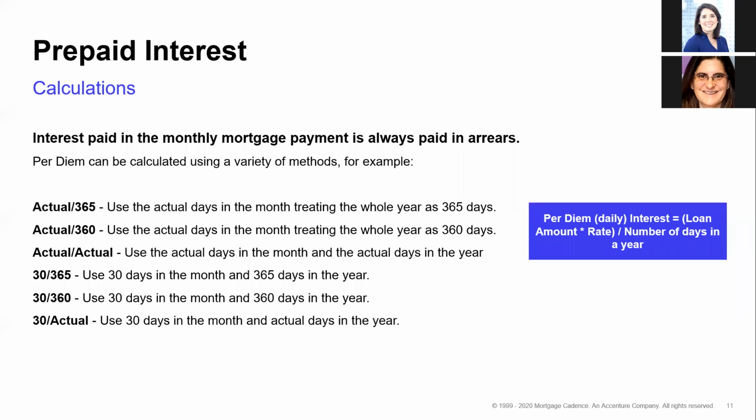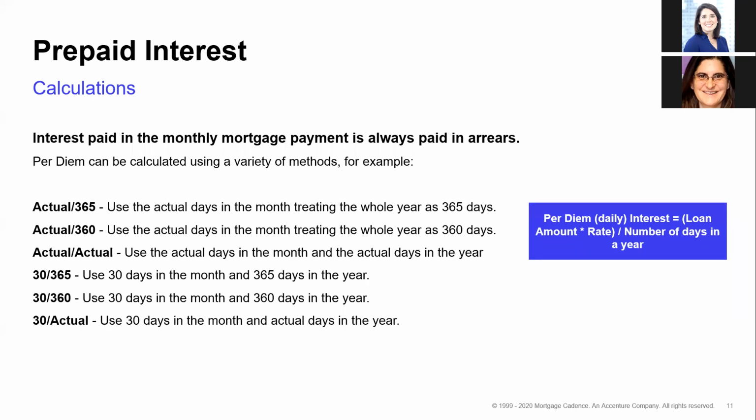Let's look at an example, and let's think about how you calculate it. Now, I'm not going to go too much into detail, but I want you guys to be aware that if you are trying to back into this, you need to know what your system is set at. So if you're QCing your file, if you're doing compliance on it, if you're just checking a figure or doing a hand calc, there are a lot of different ways to calculate interest.